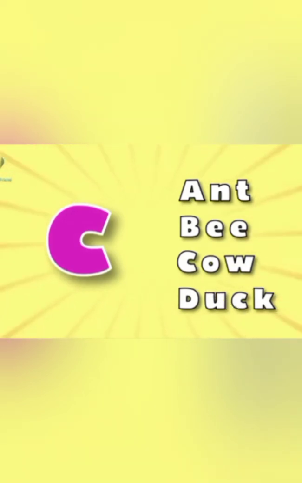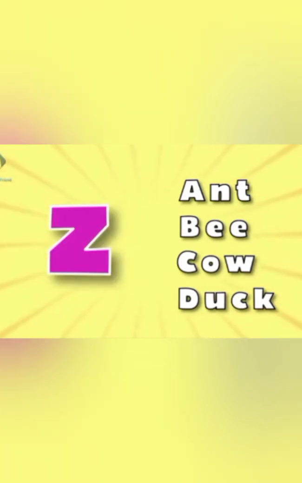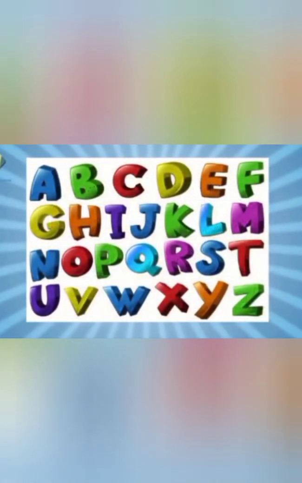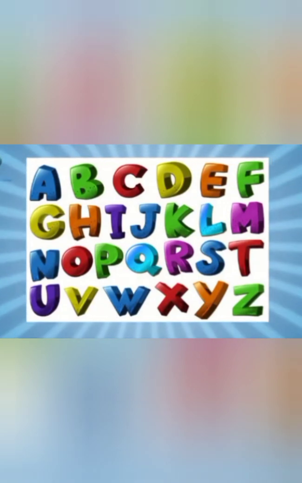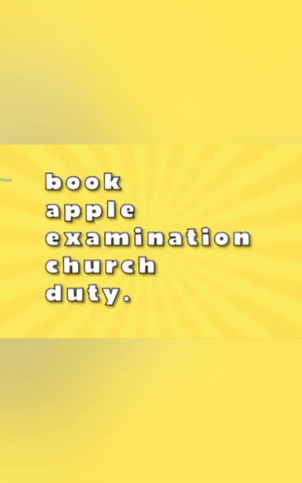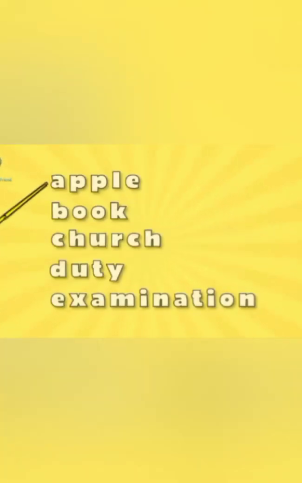Okay children, so please remember, first you have to see the first letter of each word to arrange in alphabetical order. Okay, and remember, whenever you get a tough word or a difficult word, first go through the meaning in the dictionary. Okay, here is another example for you. Book, apple, examination, church, duty. So here these are a set of words and the letters here are arranged accordingly. Okay, the letters are in order, so we are able to recognize the word and read it well, isn't it?